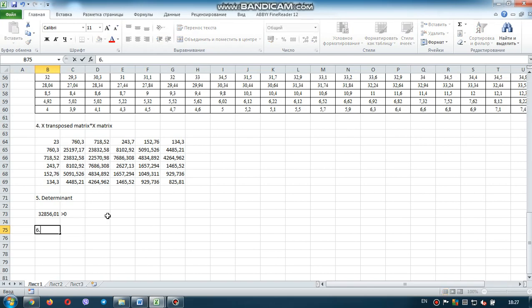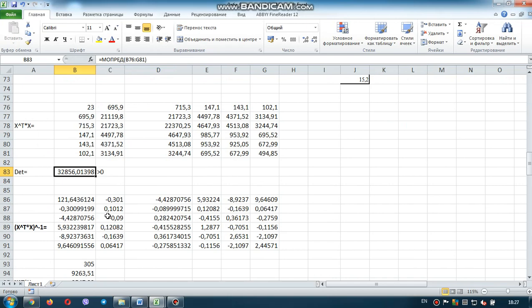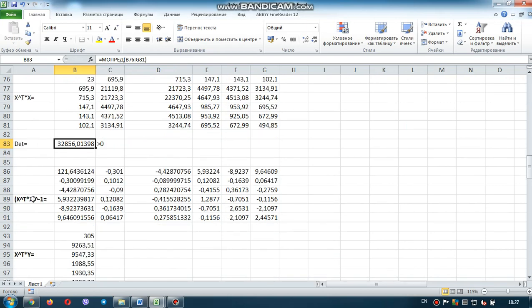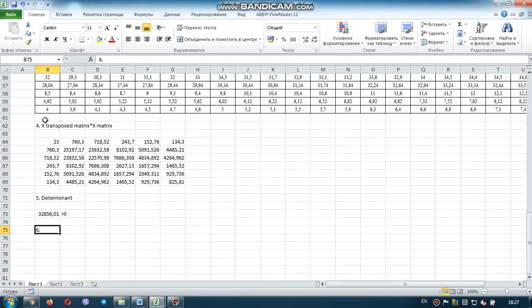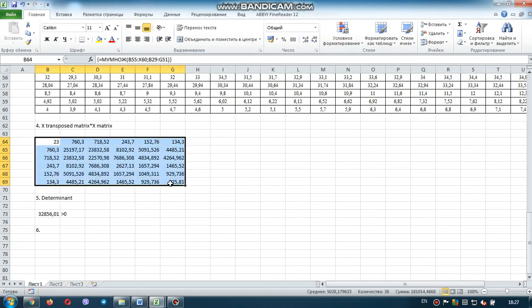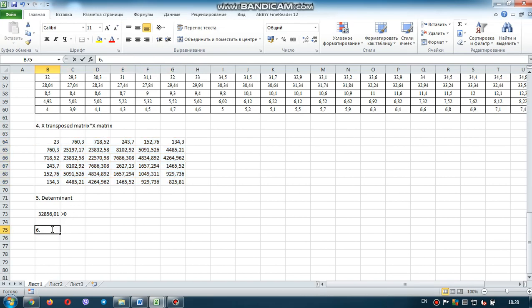Our next operation, we have to find the inverse matrix of the matrix obtained due to multiplication of the X transpose matrix and X matrix. So we can just write